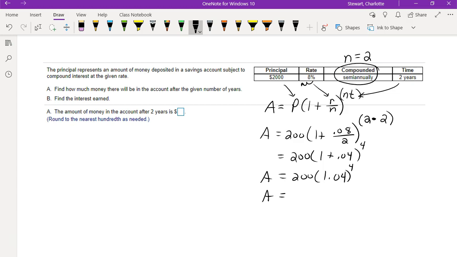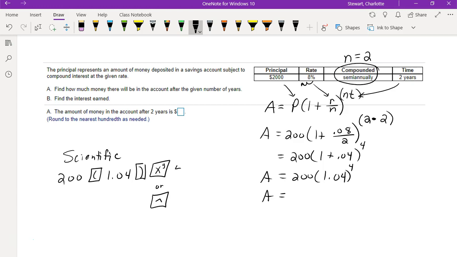Now when you type this into a conventional scientific calculator, you can normally type it in step by step as it's written. So type in 2,000, then open a parentheses and type in the decimal 1.04. You will then close the parentheses, and you will type whatever exponent key your calculator has. Sometimes it looks like this, x to the y. On the TI-30X that I use in class, it looks like a little up arrow or caret symbol. Then you will type the 4 and then the equals or the enter sign. That will give you a decimal number, and mine is